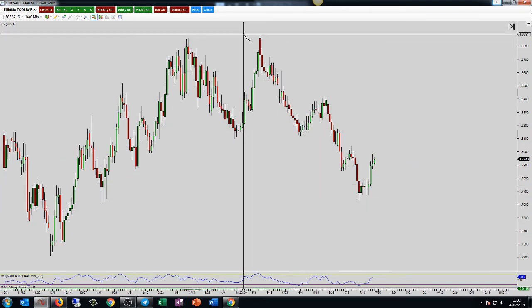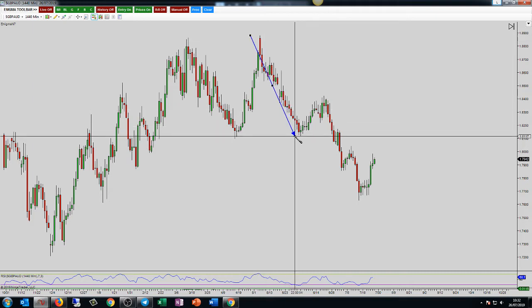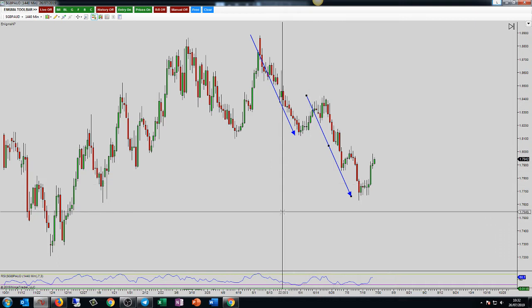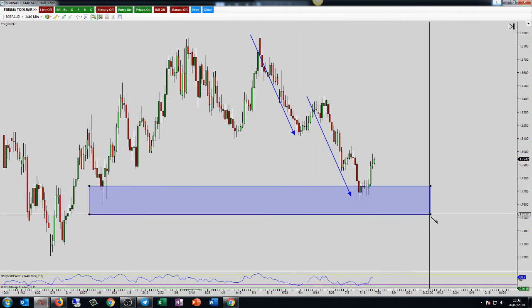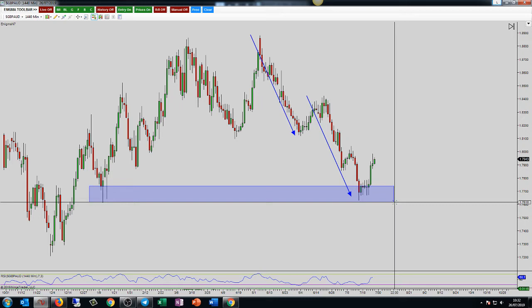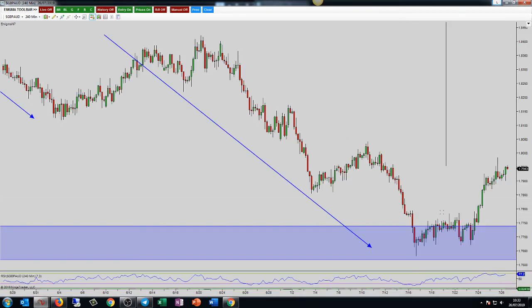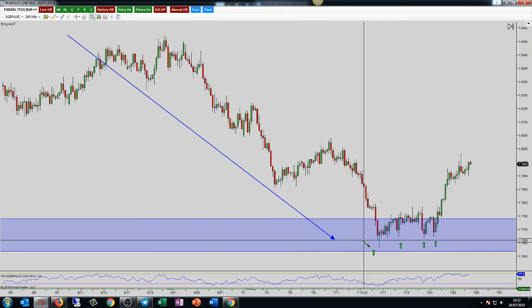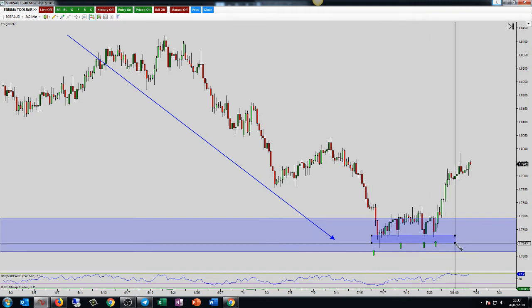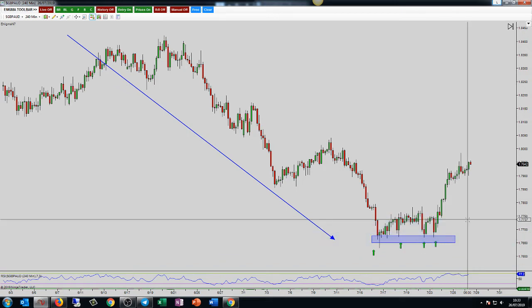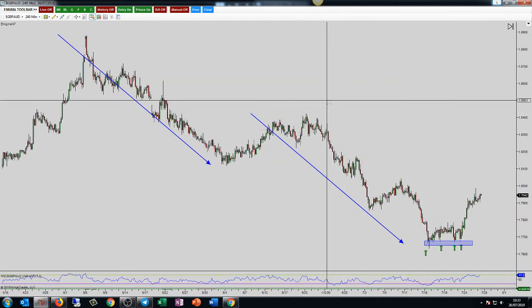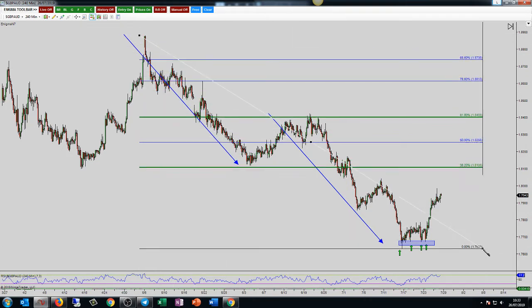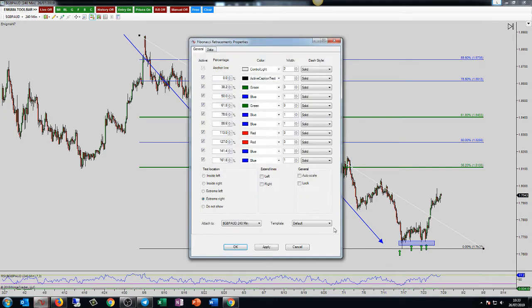Pound Aussie, guys. So it's nice to see that we were probably correct with our big AB equals CD pattern, and that we were correct with our double bottom on one time frame lower, which was just here. But unfortunately, due to the size of this trade, we weren't able to get involved. It was 150 pips of risk for 400 pips of reward. And we're well on our way to targets now.